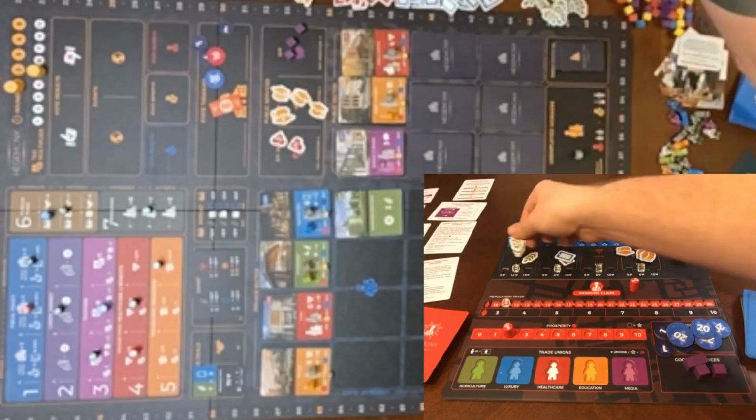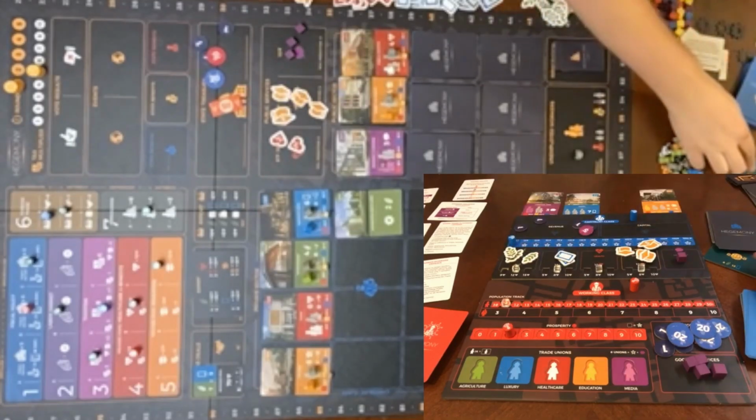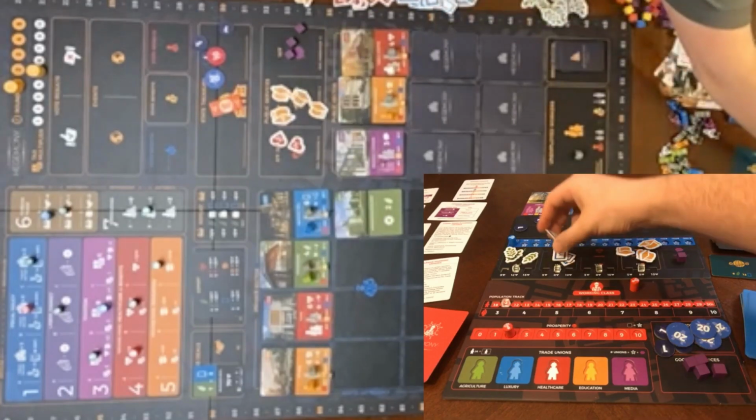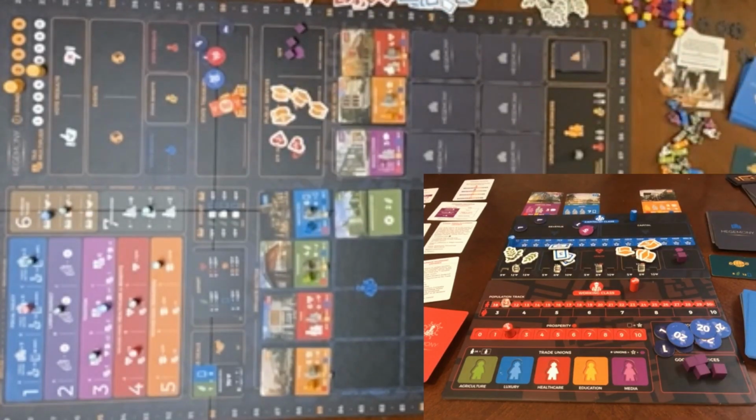Their max is 8. So if I go much beyond that, I'm going to have to put them in the free trade area and eventually start selling it as exports. And then also the third thing is the shopping malls. So I'll get 6 more for that. And then the state is going to get 4